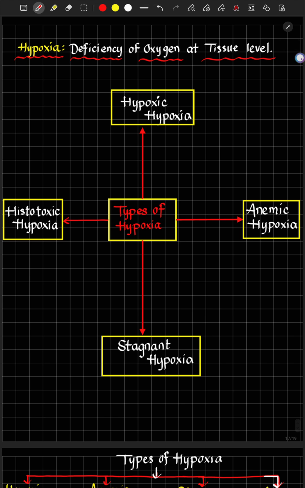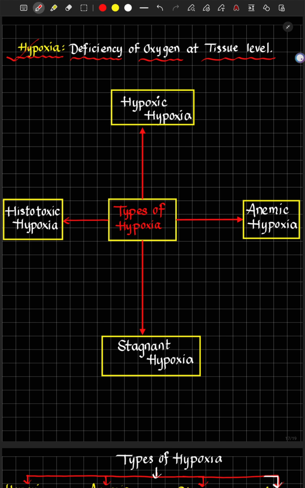This is a very important topic in the first year MBBS, which you will study. First of all, we will see the definition of hypoxia. Hypoxia is nothing but the deficiency of oxygen at the tissue level. This deficiency of oxygen may occur due to various reasons. So there are mainly four types of hypoxias, classified on the basis of why deficiency of oxygen is occurring at the